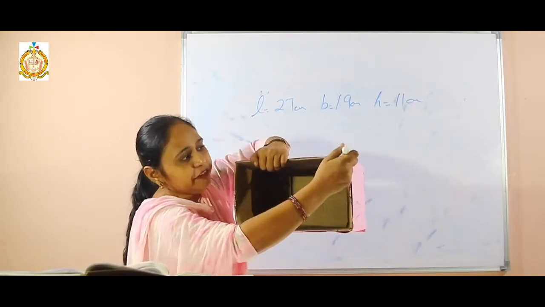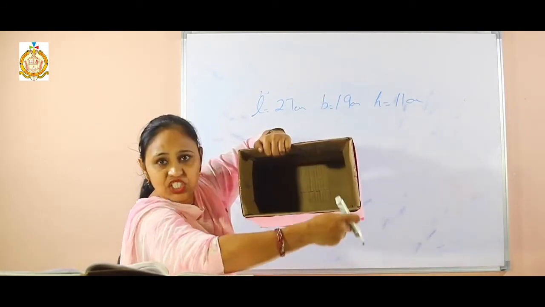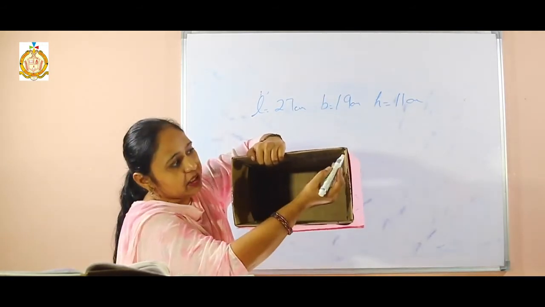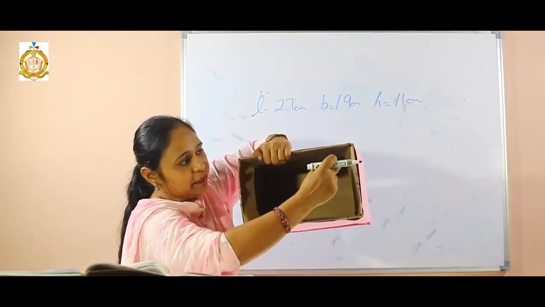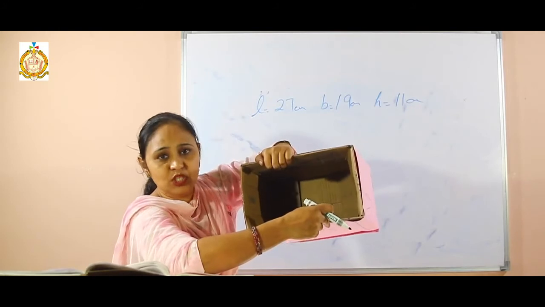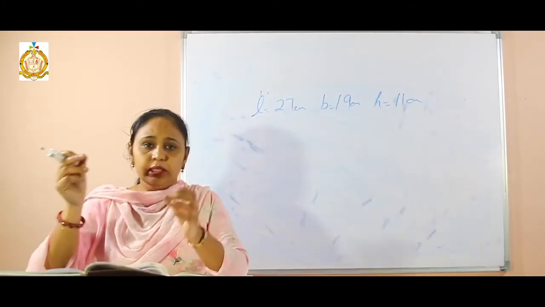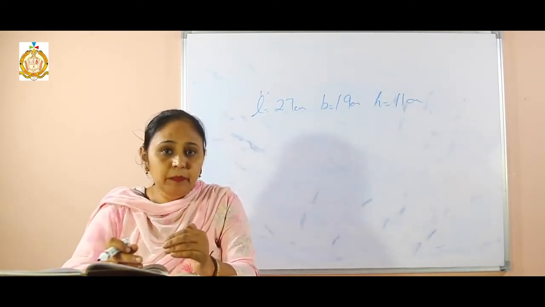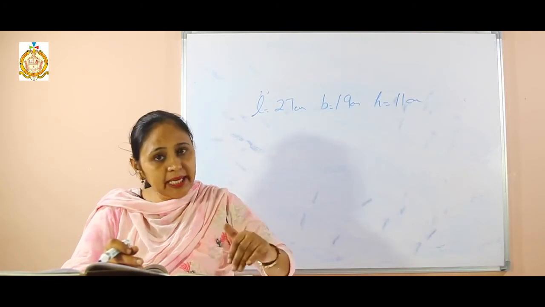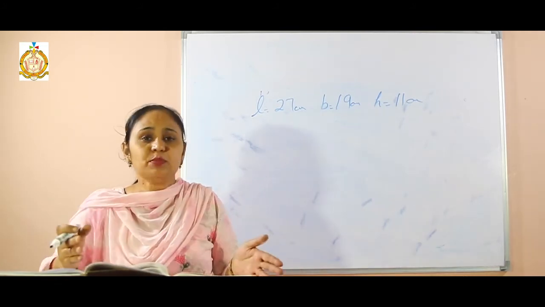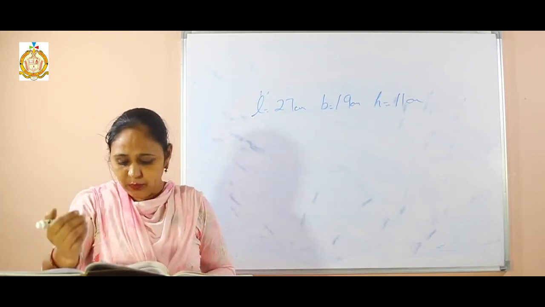See again. If I start from here to this point, that becomes the external. If I take from this point to this, I leave this thickness, that becomes the internal. Clear students? That means if we subtract the thickness from external, it becomes internal. But if internal is given, then we have to add the thickness, then it becomes external, because external is more. Then we see that the box thickness is 1.5 centimeter.